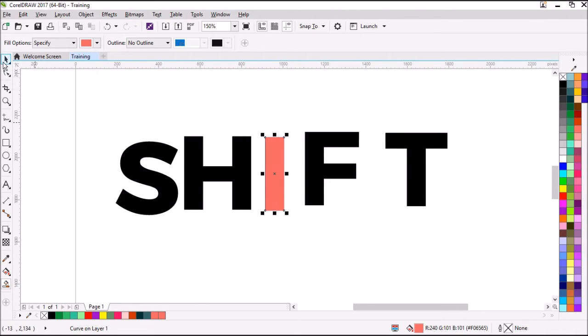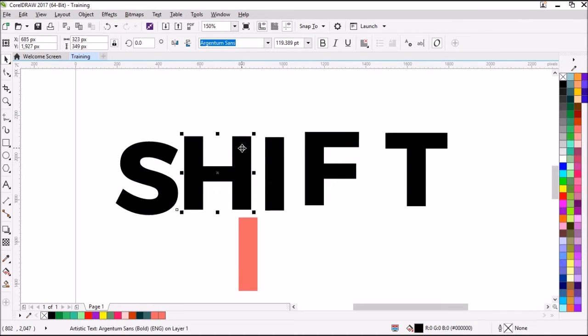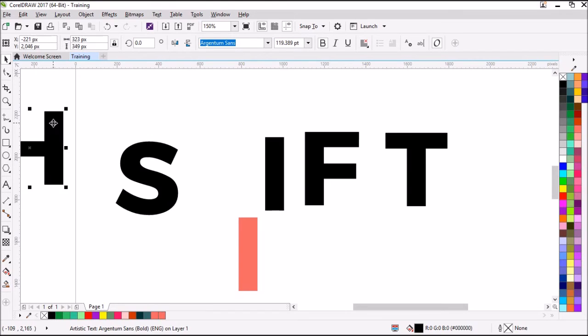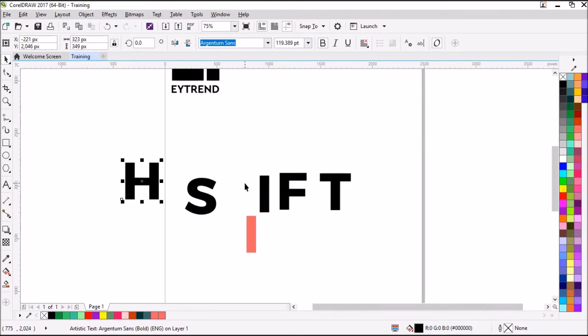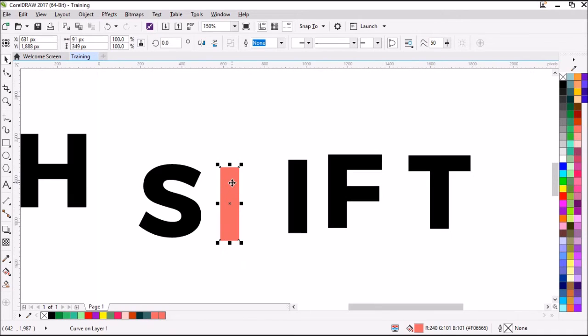I'll come back here to my pick tool so I can drag this anywhere. Once I have this, this H has to go somewhere else. Let me take it out. Then I want to create the H with the arrows. I can duplicate this, Ctrl D if you can remember, and I can bring it here, then Ctrl D again